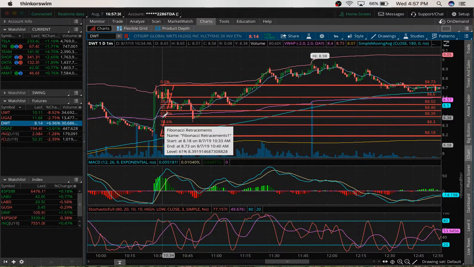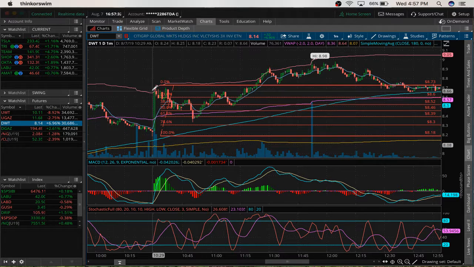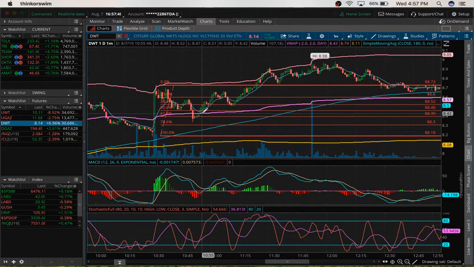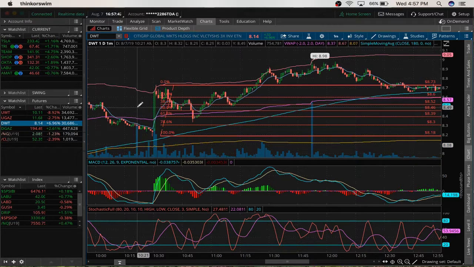Okay, so now obviously this move had a giant spike up and it started going back down. This isn't going to work if it has a giant spike up and continues going up. This is for a retracement. That's why it's the Fibonacci retracement tool. So the concept here is